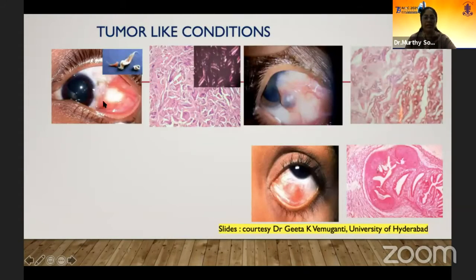So coming to a few of these conditions, this is a patient with rhinosporidiosis. And this is an unusual case of a patient who had cotton that had lodged into the conjunctiva. When we excised that, you can see all the bundles of cotton, the fibers that were visible. This was another farmer who gave a history of some trauma. What he had was a sort of pseudopterygium kind of lesion, and initially this was thought to be maybe some kind of malignancy.